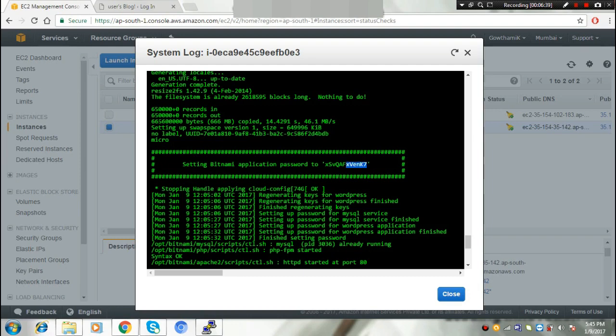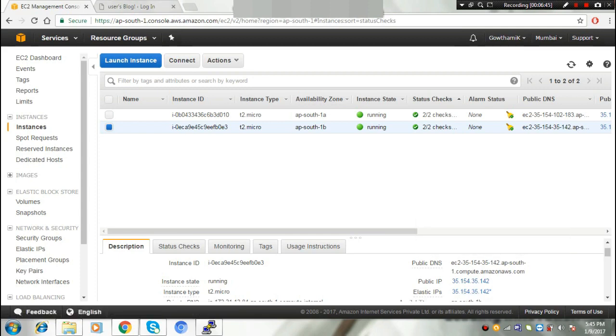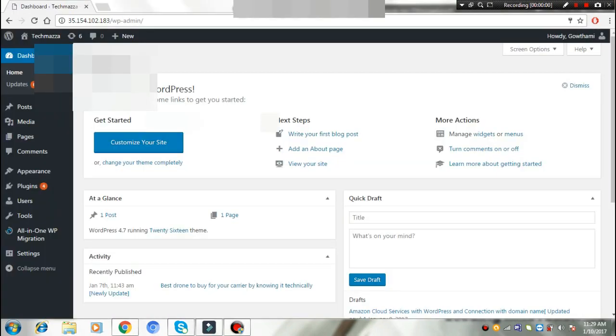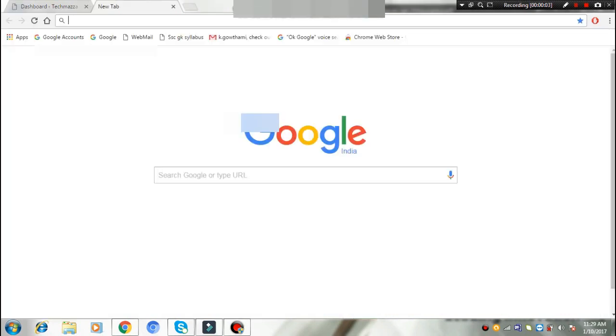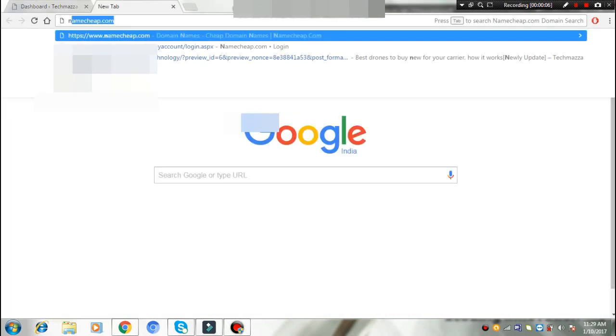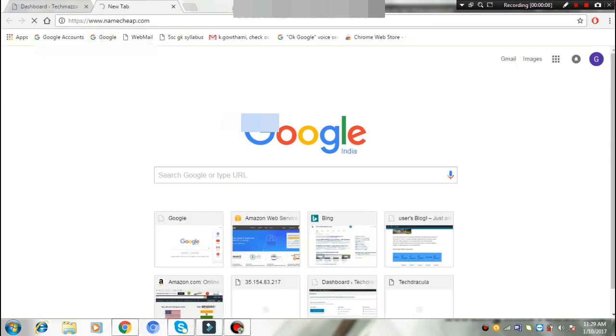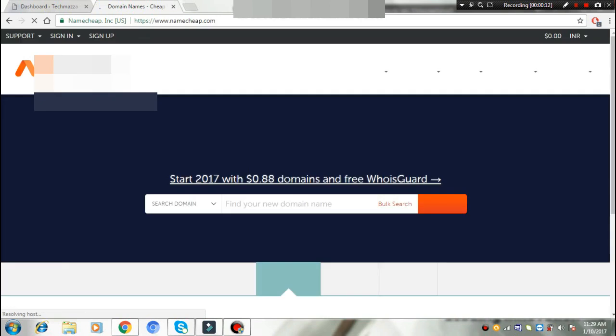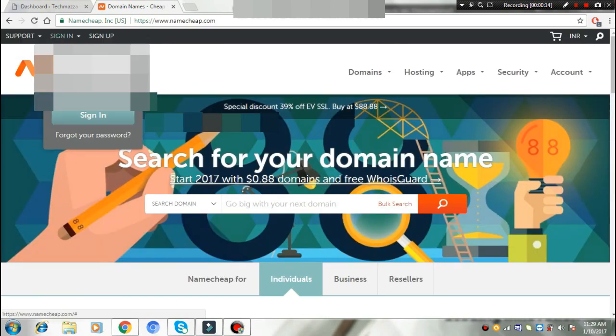Yeah, this one. It's surrounded by a box. This is your password, and you paste your password here. But I already have a password with me, so I logged in with that. That's it. Your admin is created.